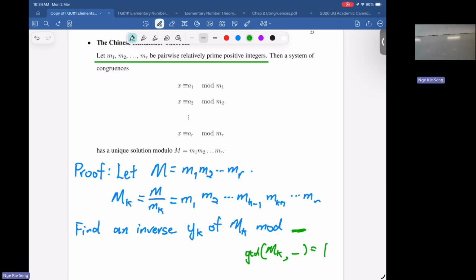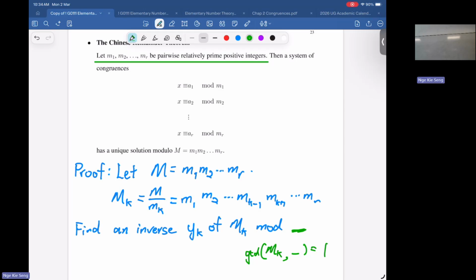Last time we mentioned this idea: pairwise relatively prime implies that these numbers are mutually relatively prime. So the GCD of everything here is